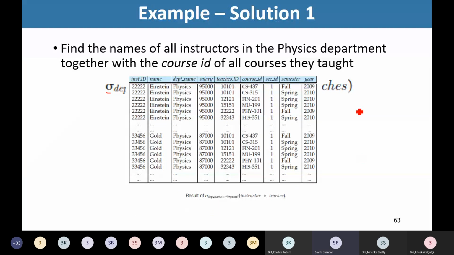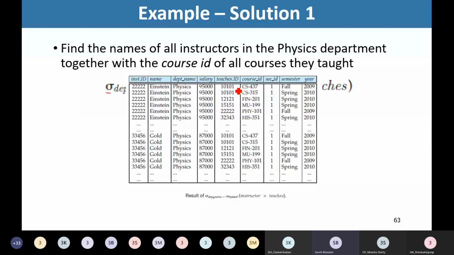In this cross product, we will have all the attributes belonging to these two relations. So 4 attributes of instructor and 5 attributes of teachers. Overall in this cross product, we will have 9 attributes in the output relation. And what next will we have? We are pairing every instructor with every tuple of teachers. So every instructor tuple gets paired with every tuple in teachers.